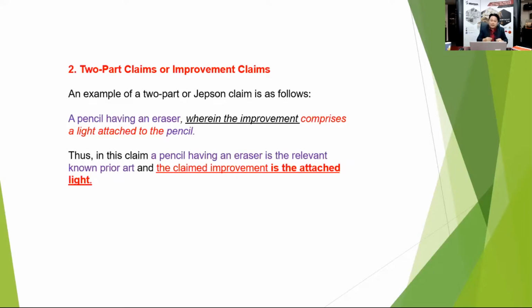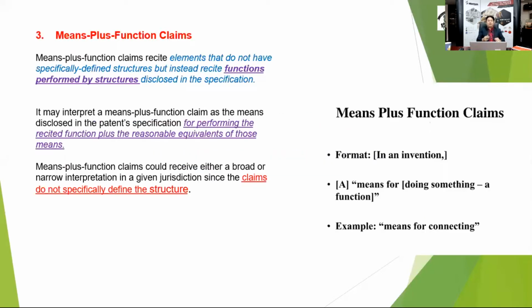Thus, in this claim, a pencil having an eraser is the relevant known art. Everyone knows that pencils come with an eraser on top. But the claimed improvement is that it is attached with a light bulb, maybe. How you put it there, we don't know, okay? But it comes together with a light bulb. So this is how we define and explain, we draw down the novelty scope of the invention, okay? Now, the third one you must learn is how to draft a means plus function claim,